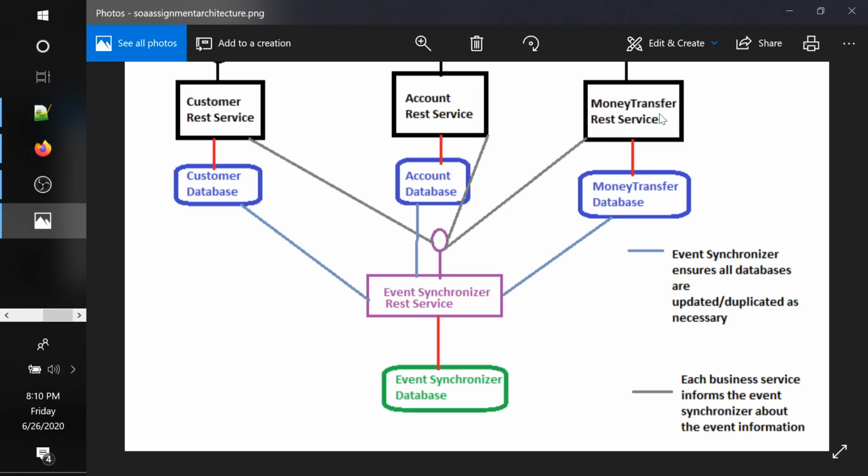In case there is a money transfer website and somebody is creating some records or doing any money transfer, that event has to pass to account. In our case we just want to broadcast it to everybody, but in the real world it may not be necessary to broadcast a money transfer event to customer. That business rule you can define as per the application, but for simplicity, anytime an event happens on one system, the other two systems should know about it.